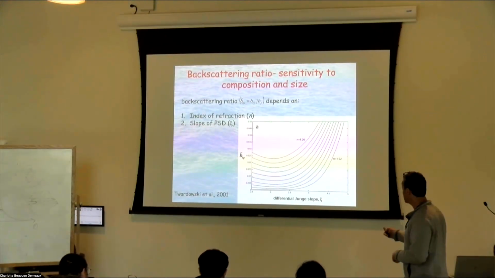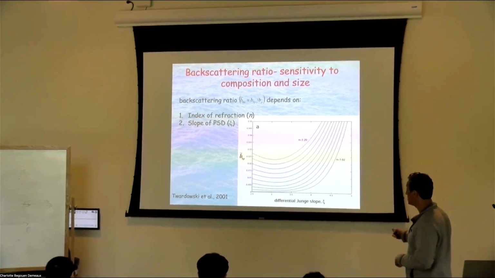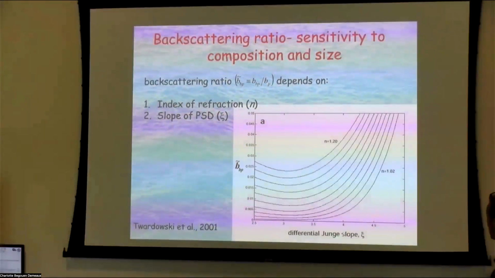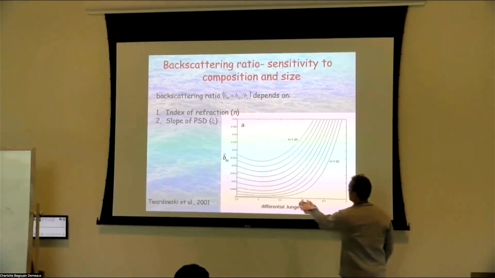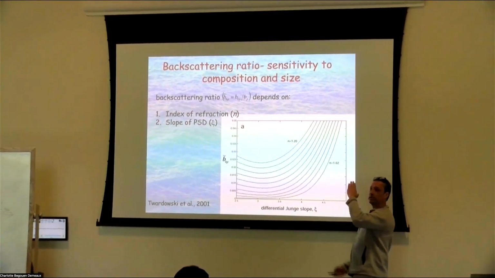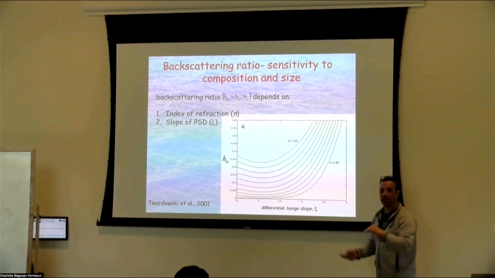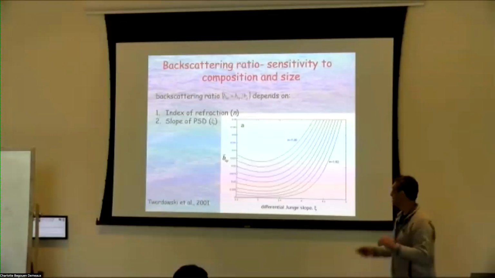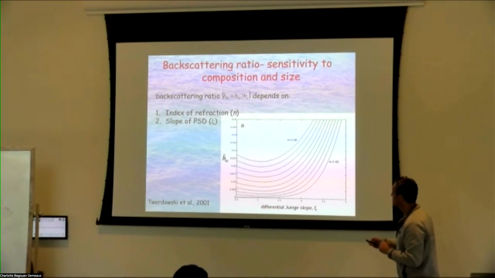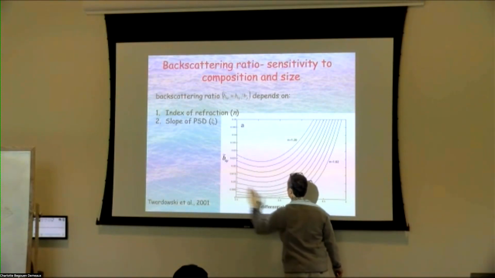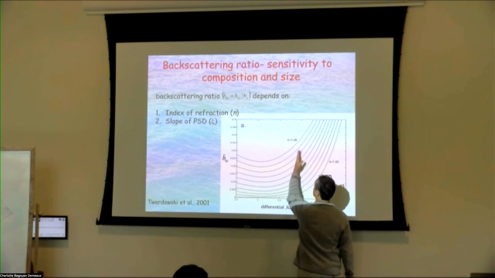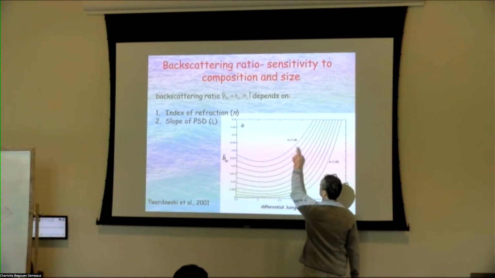It is affected by size when you have a very steep size distribution. But mostly, if you take a specific slope for the particle size distribution, remember we said 4 was the kind of canonical value for open ocean, and coastal will tend to go in this direction, if I look at the backscattering ratio, what I see is it's mostly changing due to